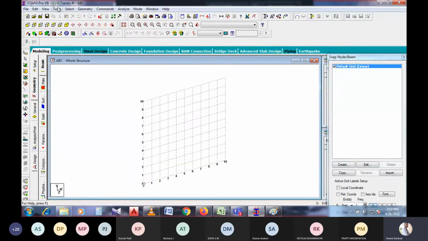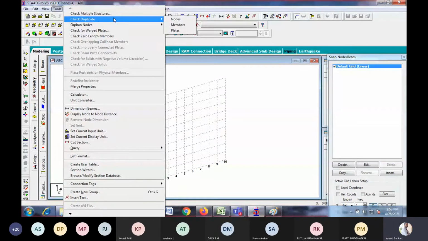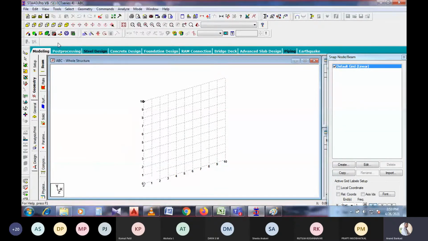In these tools there are check multiple structures, check duplicate nodes, members, plates. All of the checking for the creation or generation of the model is done in Tools.